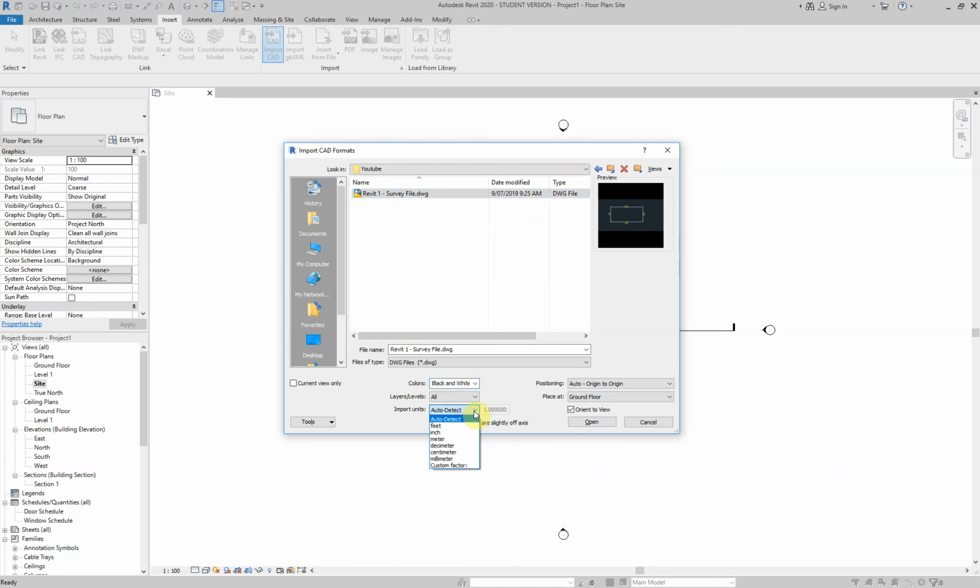I'm going to make my import units millimeters, and for my positioning, instead of auto origin to origin, I'm going to grab manual center. The idea of that is that I'm going to grab the middle of this CAD file just in case its base point is scattered far and wide. Then I'm just going to go open,